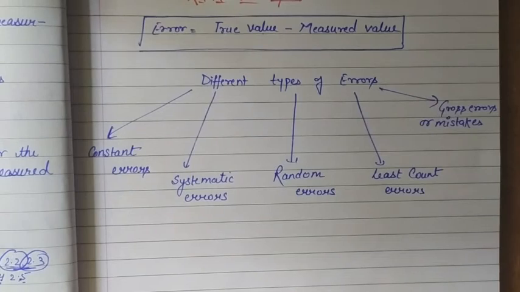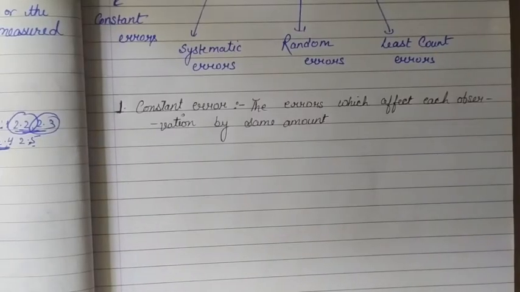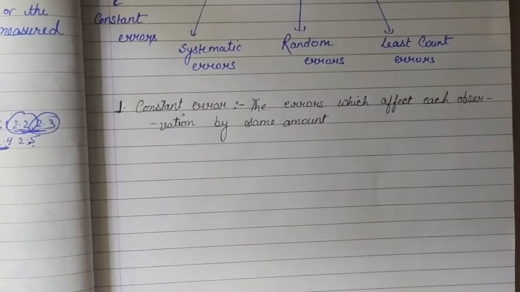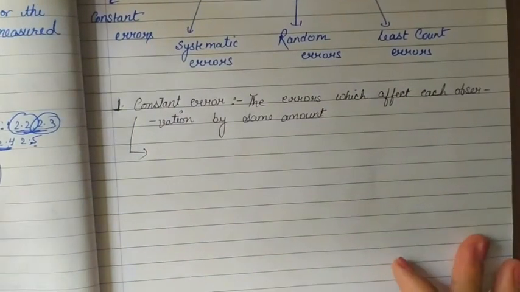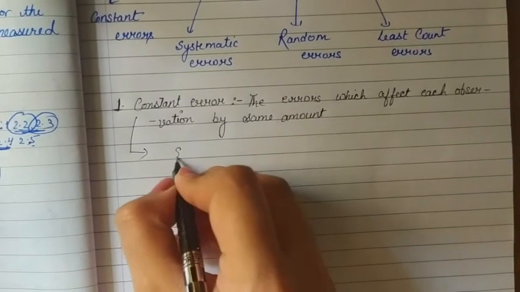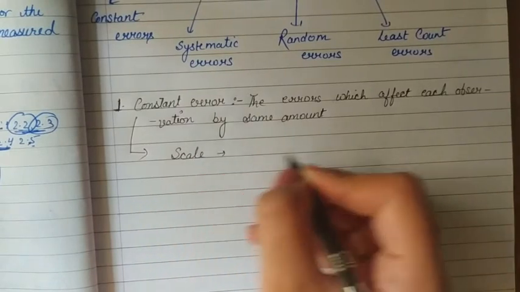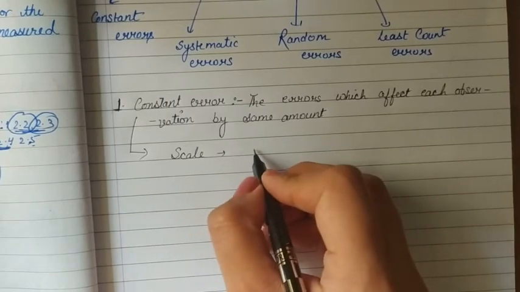So constant errors are those errors which affect each observation by the same amount. In constant error, the error will be such that it gives the same error to your observation every time. Means there is some calibration problem. Constant error we get when there is a faulty calibration of the scale. Means the scale on which we are measuring has not been calibrated accurately, it has faulty